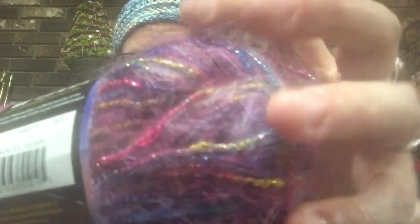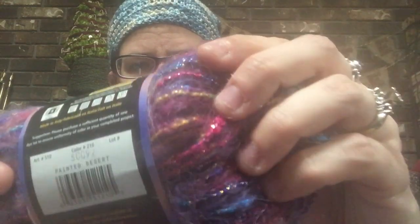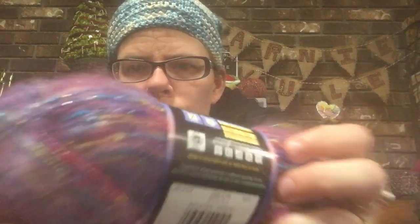So then I'm going to go with my highest quantity yarn, and it is Moonlight Mohair by Lion Brand Yarn. Notice the mohair trend here? This person likes mohair. And this one is Painted Desert, which might be one of my favorites. Look at how cool that is. It's got a multicolor, rainbow colored strand with gold glitter bits running through this purple and pink beautifulness. Isn't that cool? So there's 2 of those, and these have